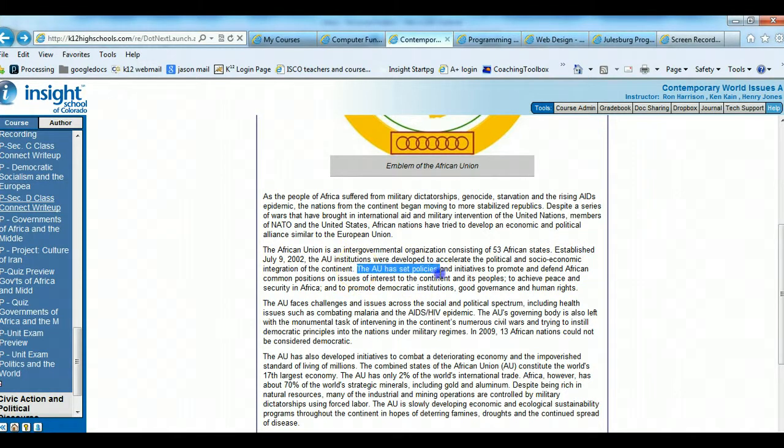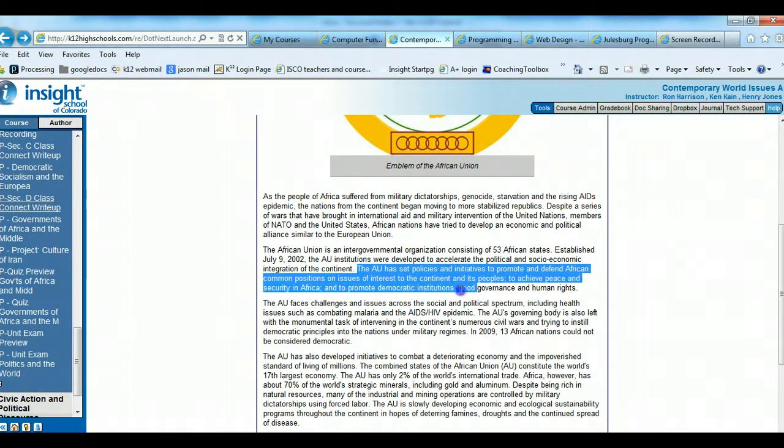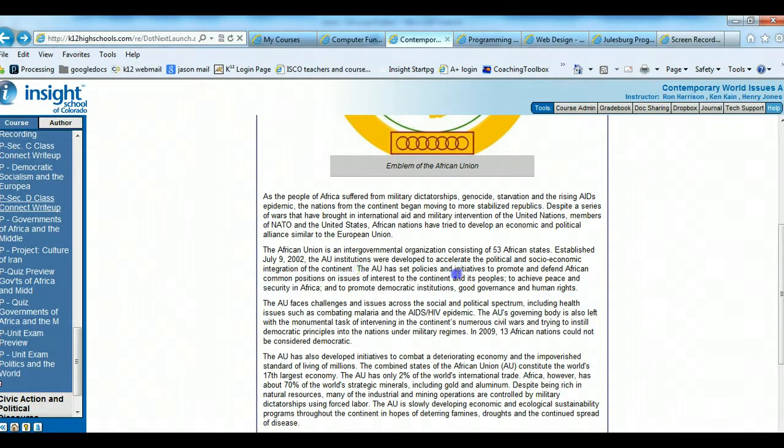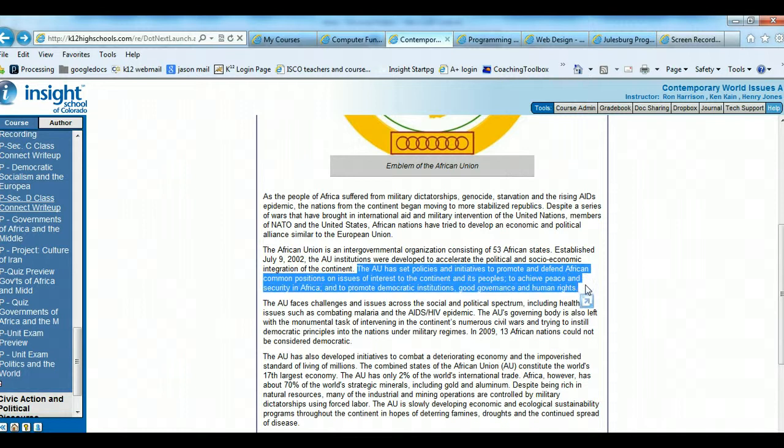The main policies right here: they set policies and initiatives to promote and defend African common positions on issues of interest to the continent and its people, to achieve peace and security, and to promote democratic institutions, good governance, and human rights. So this is what the African Union wants to do. So this, you can see, is not as economic as the European Union, because the African countries are not economically